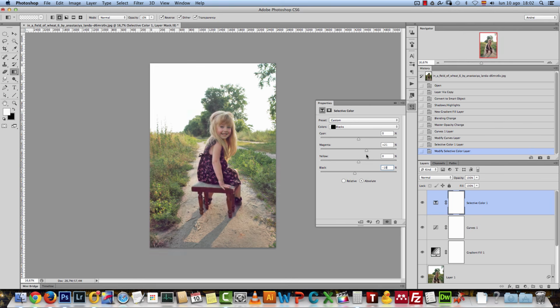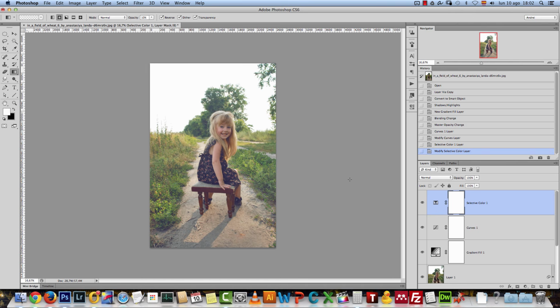You can add more magenta, for example, or you can add more blue. I'll add a bit more blue. Well, actually I'll give you the exact numbers that I have: 2, 5, -14 and -10. Okay, so these are the numbers that I have here for the blacks. We will not touch the neutrals or the whites, but depending on your image, if you want to try it, go ahead. Next, a hue saturation adjustment layer,